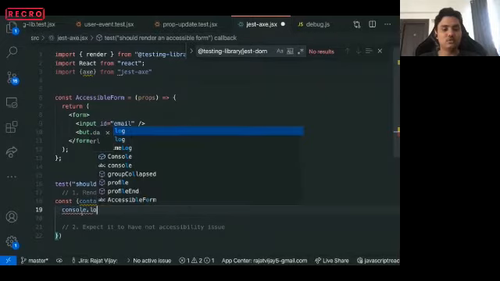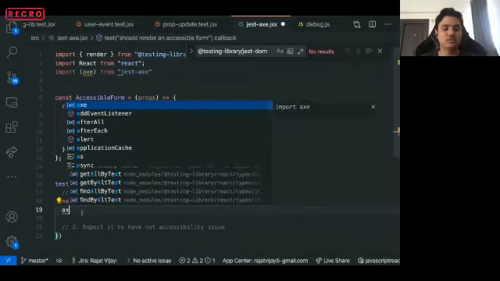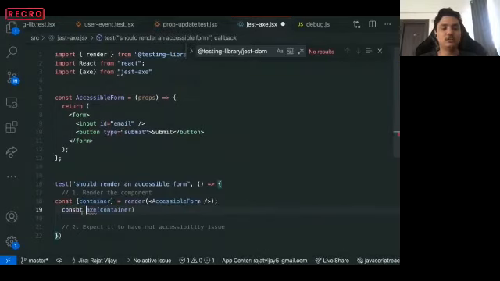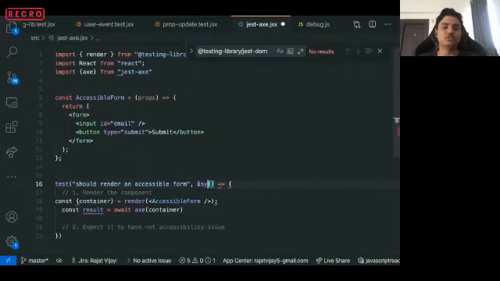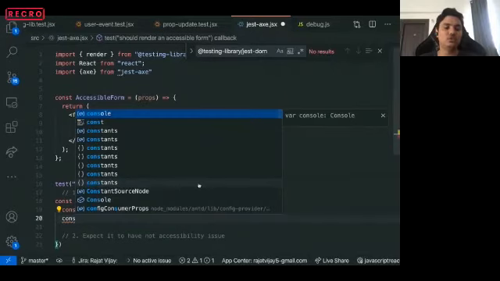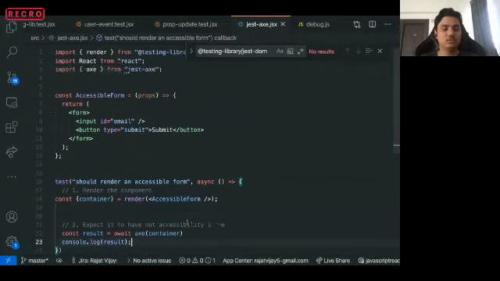Let's run axe on the container, and let's take the results from it. It's an asynchronous function, so you have to write an await in front of it, and you have to make your function async. And then let's first log the result. Let's move it inside the correct line.